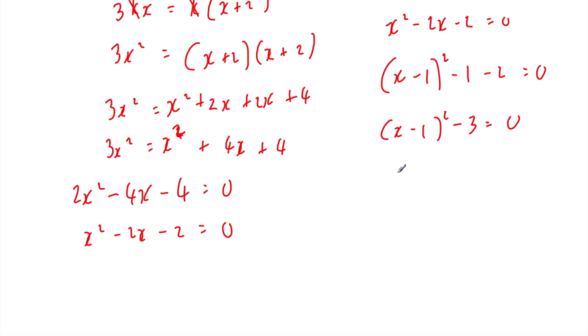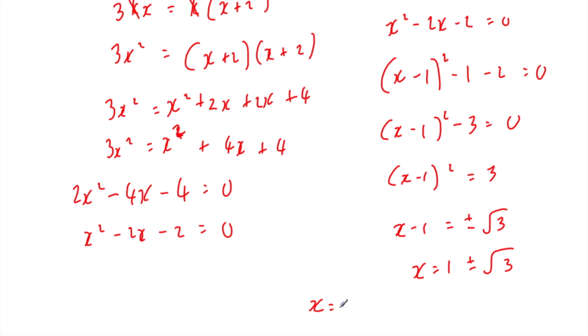Let's add 3 to both sides. That'll give us (x minus 1) squared equals 3. Now let's square root. So on the left hand side, we'd have x minus 1. And then the right hand side, we're going to have plus or minus the square root of 3. And then finally, we're going to add 1 to both sides of the equation. So we're going to get that x is equal to 1 plus or minus the square root of 3, or